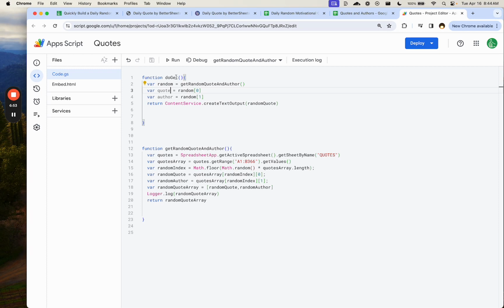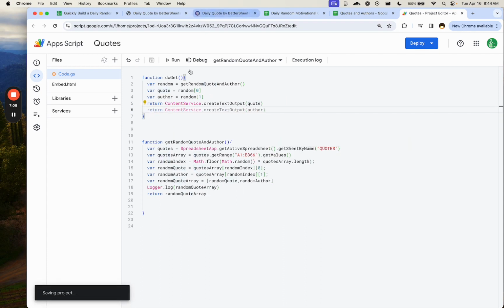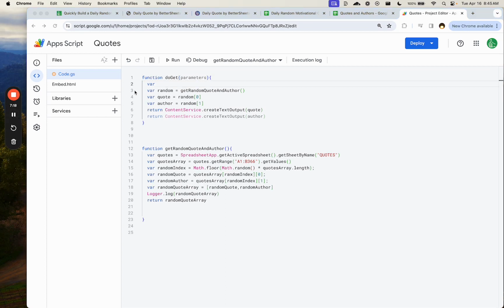And depending on what we're asking for, we want to return different things. So in one case, we want to return a quote, and in another case, we want to return the author. But how do we do that? Well, we can add parameters to the URL that we're sending. So we can say there's some params here, parameters. Then we can say quote, let's just say this, quote or author equals